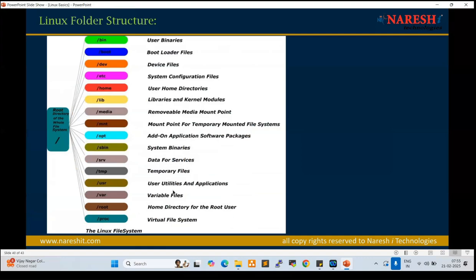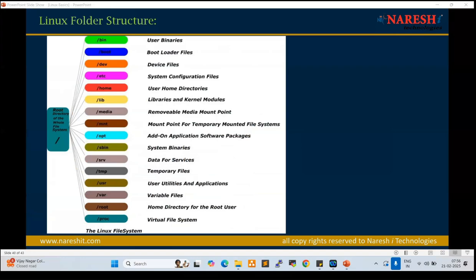Slash tmp holds temporary files. Slash usr holds user utilities and applications. Slash var holds variable files. What is variable? Variable files are files whose contents change.